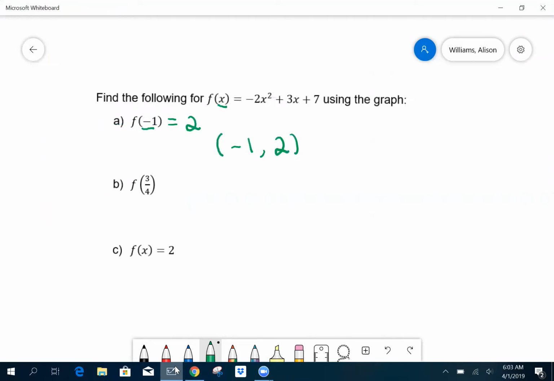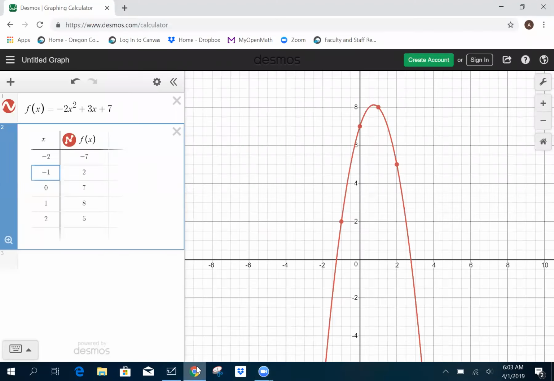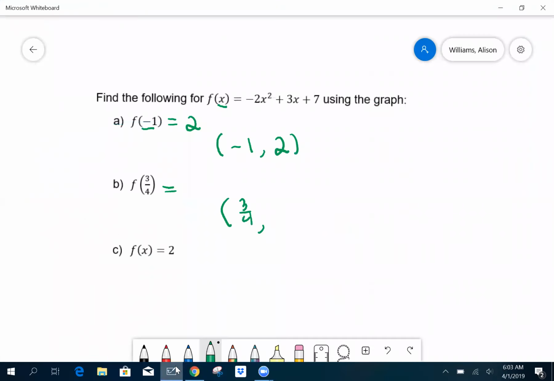Okay, so we're going to do this again, but we're now going to use 3/4 for the x value. Now that x value was not displayed on the table. What's great about Desmos is I could put in any value I'd like for x. And how about instead of 0, I'm going to put in 3/4. And there it is, 8.125. So now I know the y value, or I found f of 3/4 equals